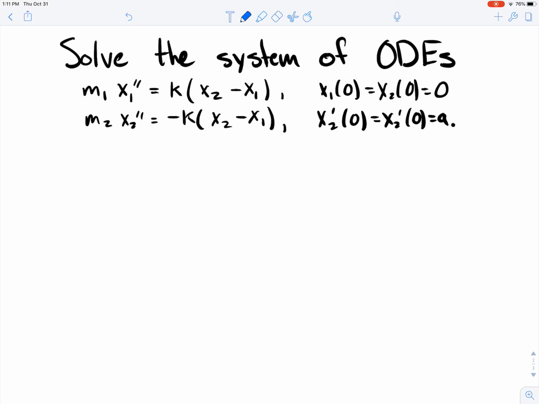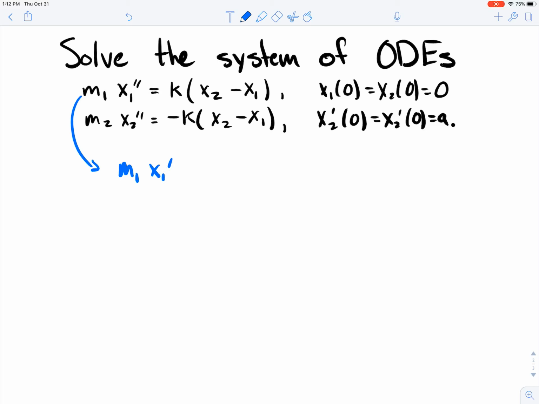Let's go ahead and solve the system of ODEs. This is a challenging one. It's challenging because, to begin with, you're not given a single equation that has only one variable. But both of these equations involve an x1 and an x2. But what we can do